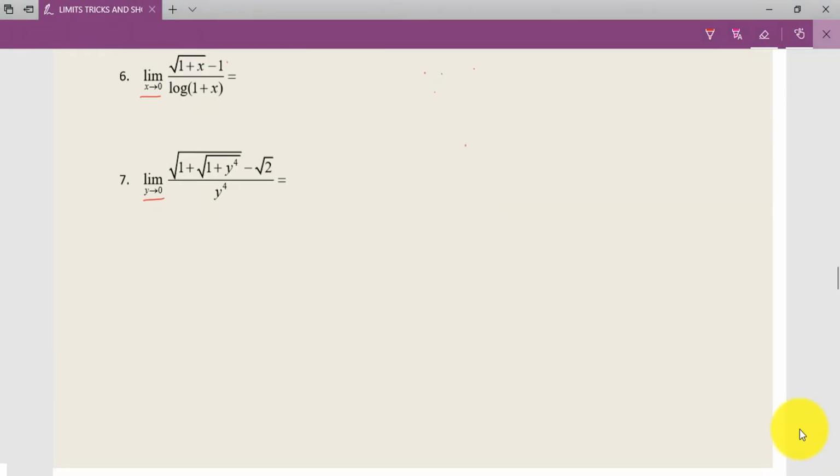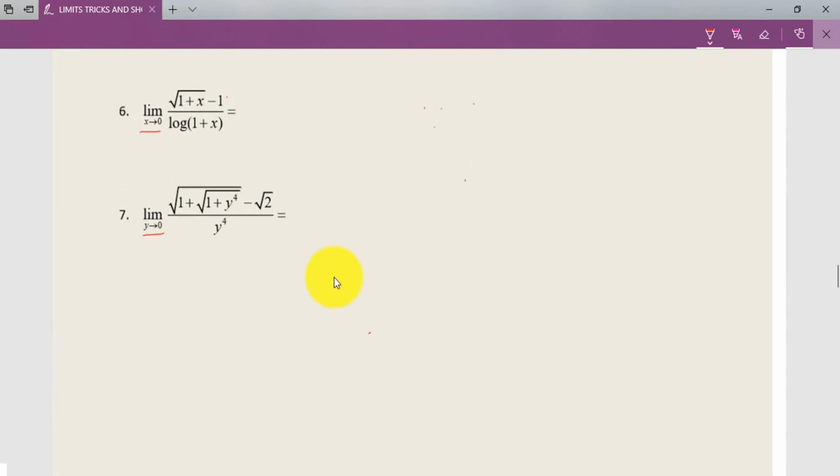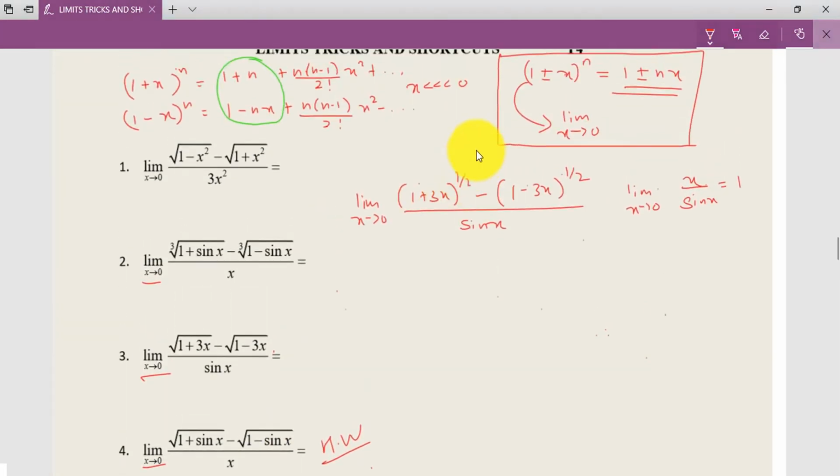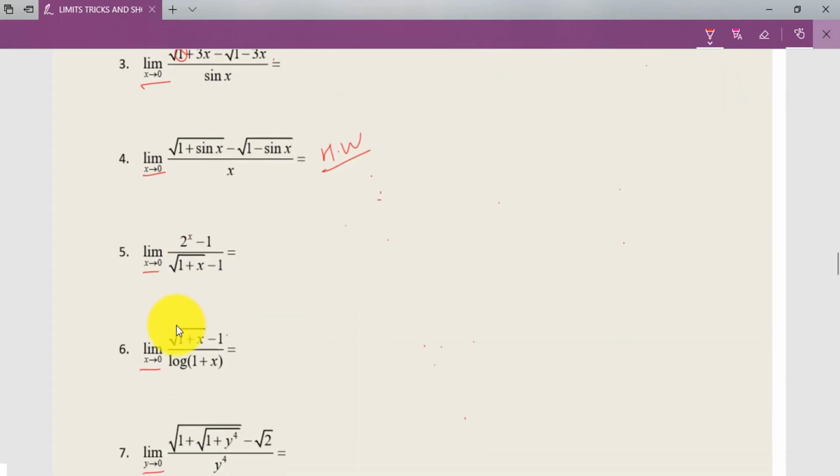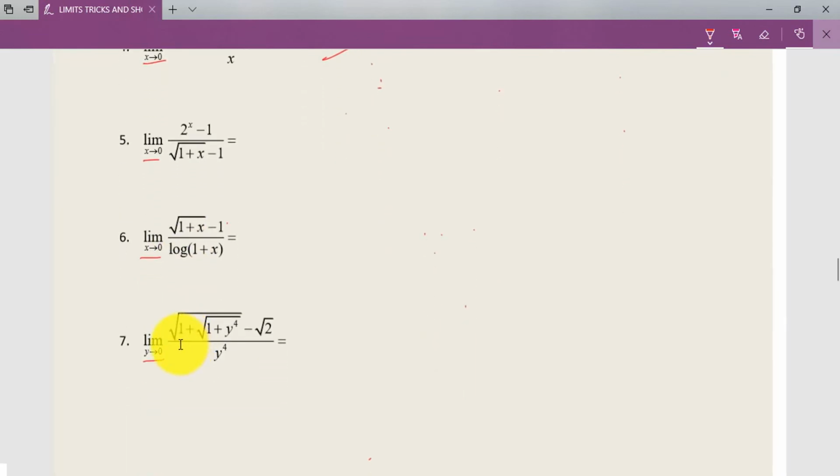Now this seventh problem appeared in one of the entrance examinations, and it is a standard one, which I would like to explain to you. But before that, if you see the previous problems, whenever we are evaluating with respect to this formula, always see that the first value is unity. So here it is unity, here it is unity, here it is unity, and then I have evaluated the problems. And here also it is unity, here also it is unity. So if it is in that particular form, then only you can evaluate it.